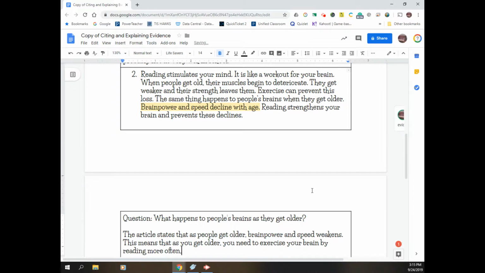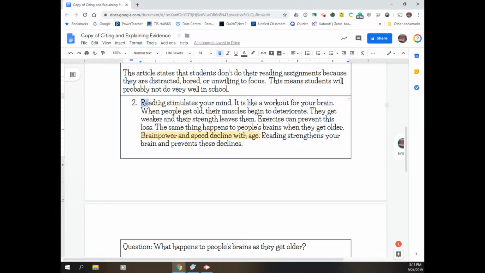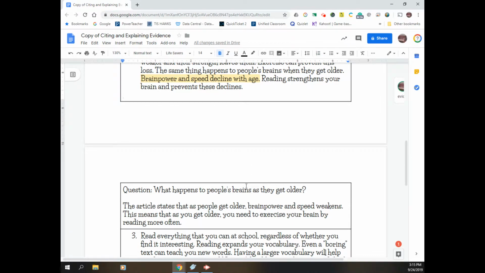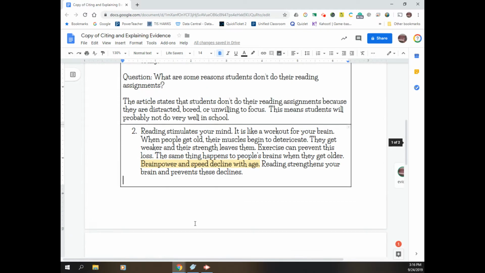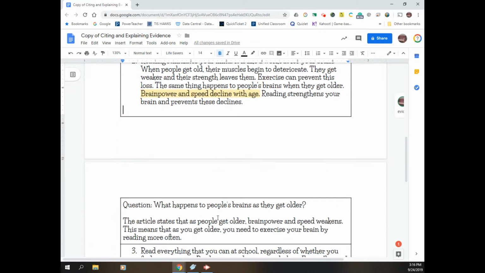Why am I saying that? Because the purpose is about reading. Reading stimulates your mind. It's a workout for your brain. So we're going back to the text. The article states that as people get older, brain power and speed weakens. This means that as you get older, you need to exercise your brain by reading more often. We're solving this. Okay,